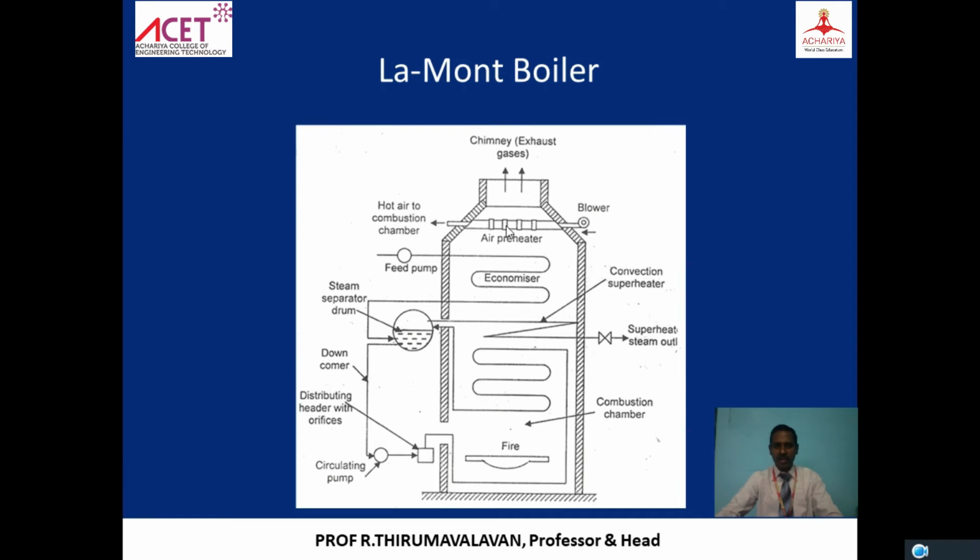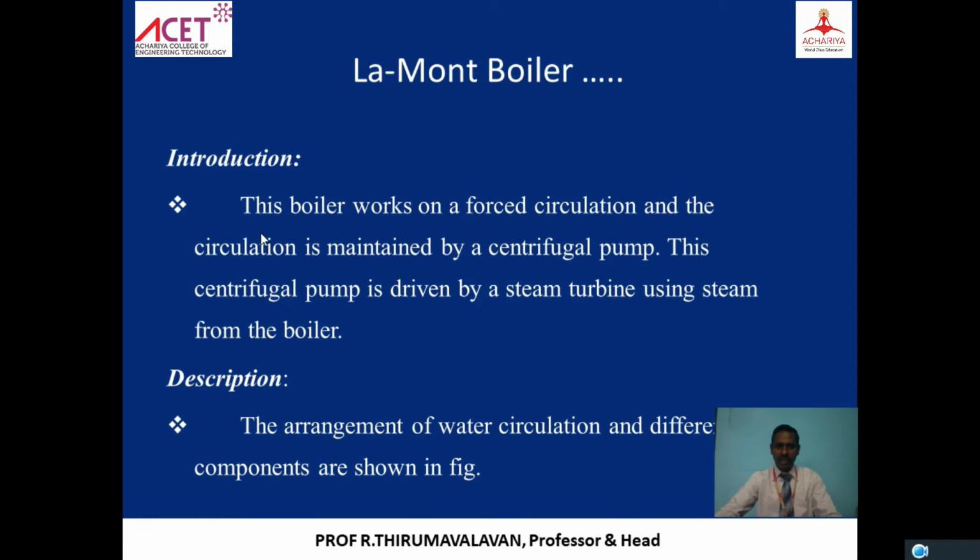Air preheaters are also there, which preheat the air before it enters the combustion chamber. So this is a simple construction. Then we will see one by one what the different components are and what their functions are. The first and foremost is the Lamont boiler. As we have discussed, we have the circulating pump, so this boiler is going to be of the centrifugal type.